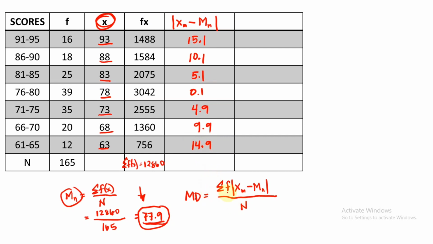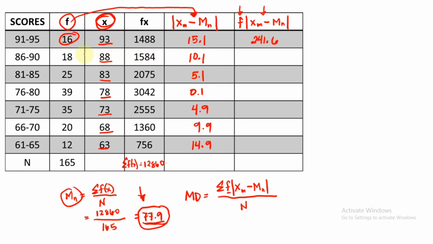Next, tingnan natin yung formula. We have F times the absolute value of x sub m, or the midpoint, subtract the value of the mean. So we need to multiply the frequency, ito, times this one. So we need to multiply ito, frequency times the absolute value of x sub m subtract mean. So i-multiply natin. So 16 times 15.1, that is